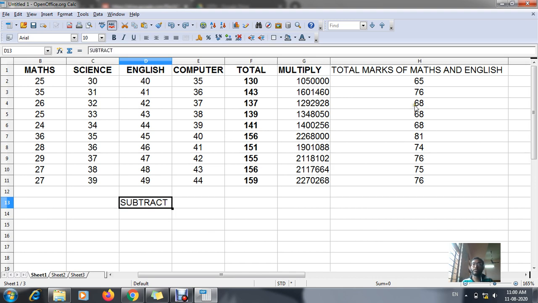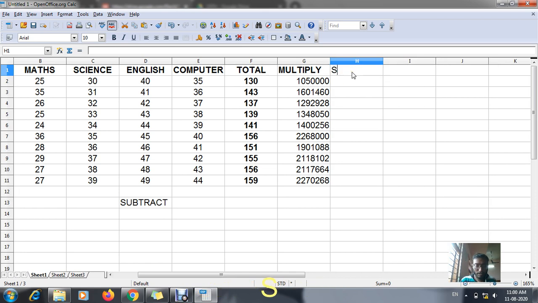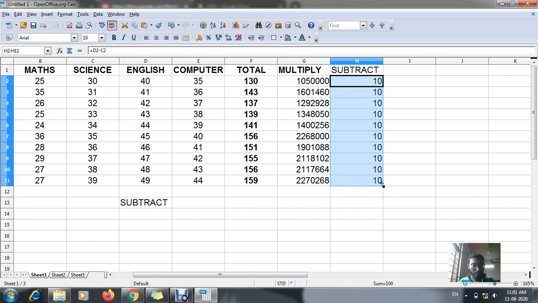Suppose instead of this total marks in maths, I am using the subtract. Equal to English minus science, entered. Now just use the autofill method.